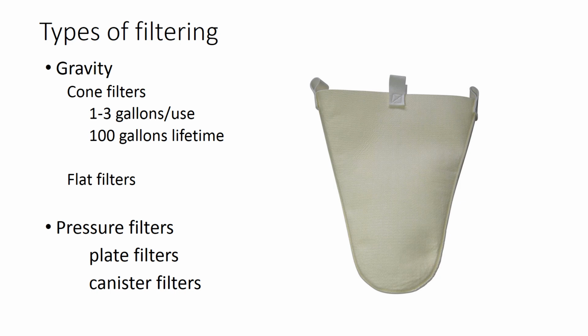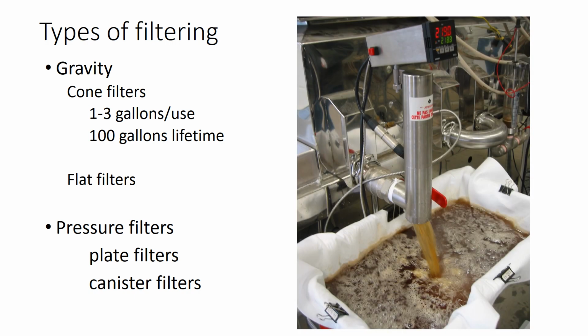Some estimates are you could expect to get 100 gallons through a cone filter, but like everything, it's quite variable. It's hard to really say how much you're going to get out of one cone filter. Flat filters are quite similar. Here's an example of a flat filter